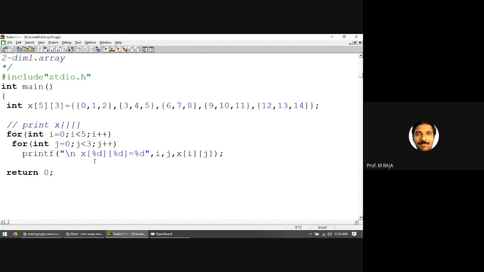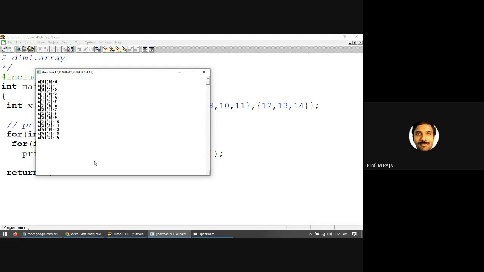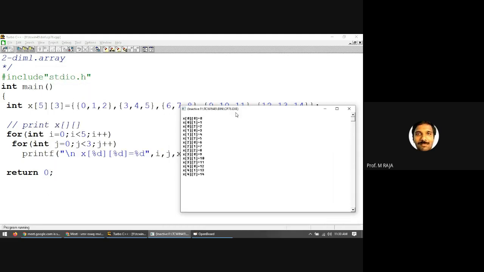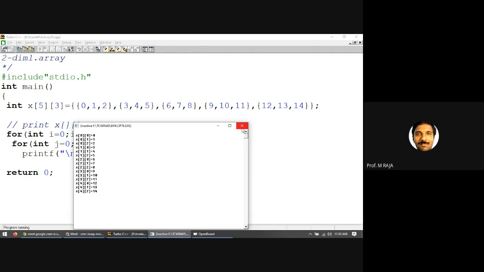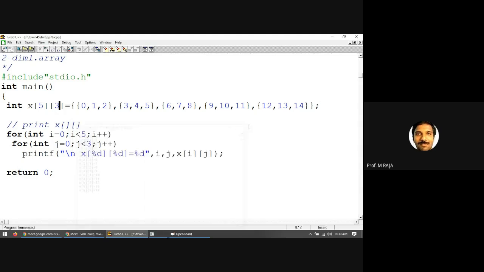What happened? Control F9. Here we have got the output that is similar to the previous program. In the previous program, 15 statements were written separately to initialize 0, 0, 0, 1, etc., 4, 0, 4, 1, 4, 2. The same thing could be achieved like a one-dimensional array initialization. So please think this is